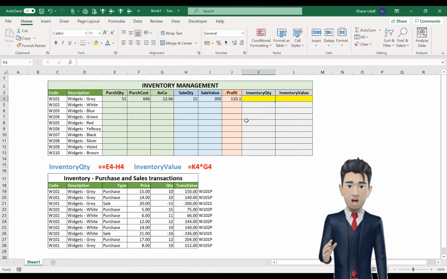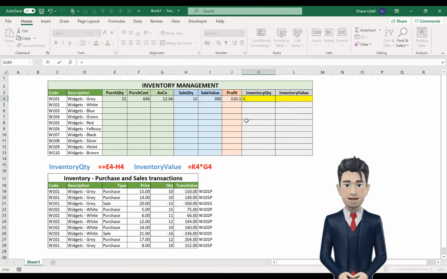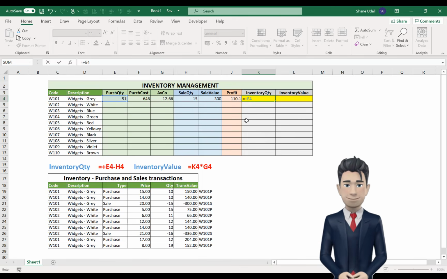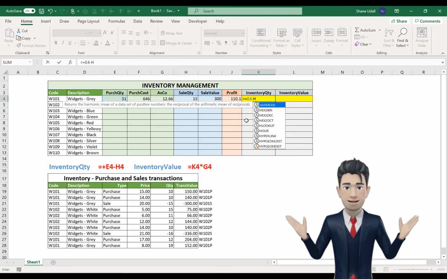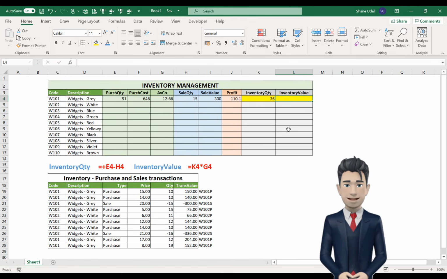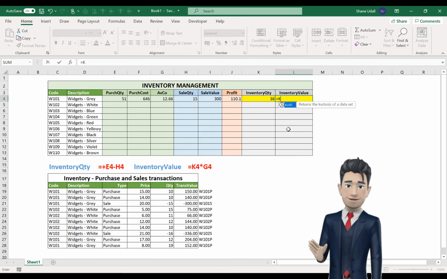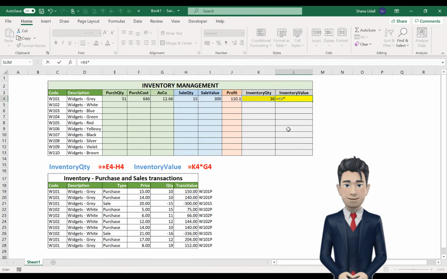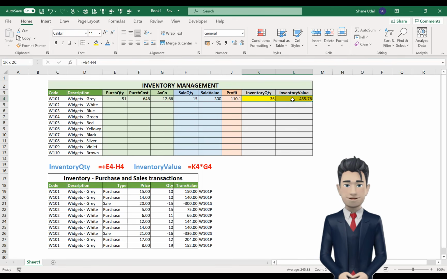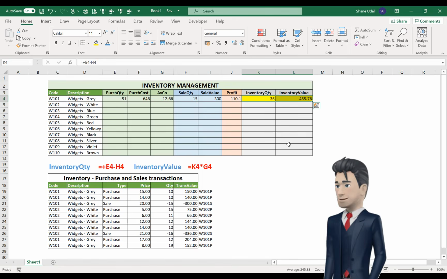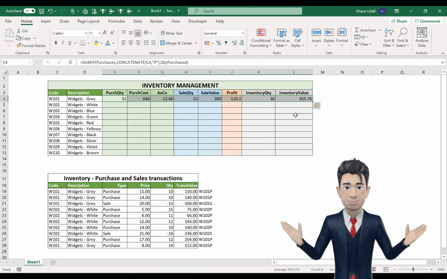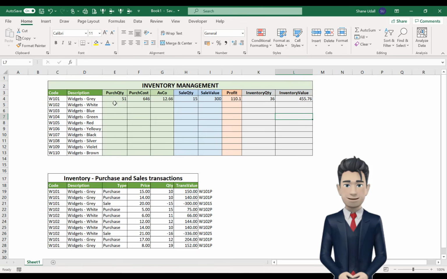So enter the formula equals plus G4 minus H4 into cell K4, and our cumulative inventory valuation is simply the inventory quantity in cell K4 multiplied by the unit average cost in G4. So enter the formula equals K4 times G4 into cell L4. Hopefully the values of 36 and 455.76 are returned. Now that we have entered all our formulae for the first product, W101, we can now apply